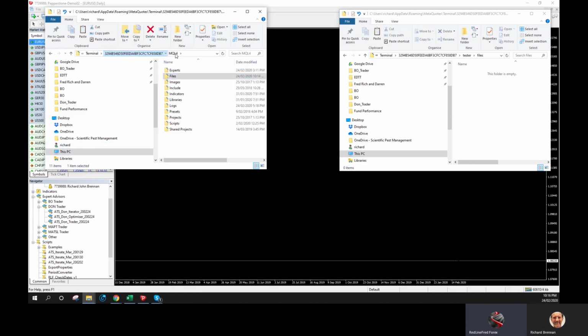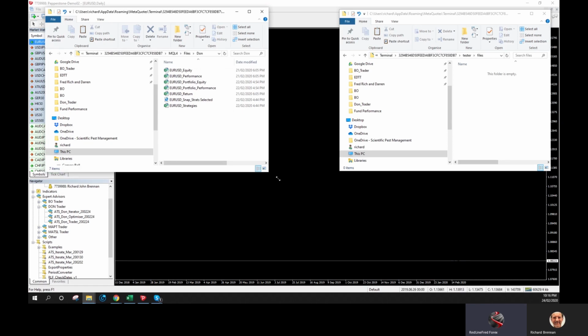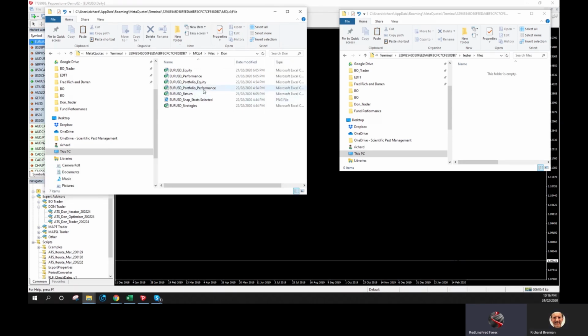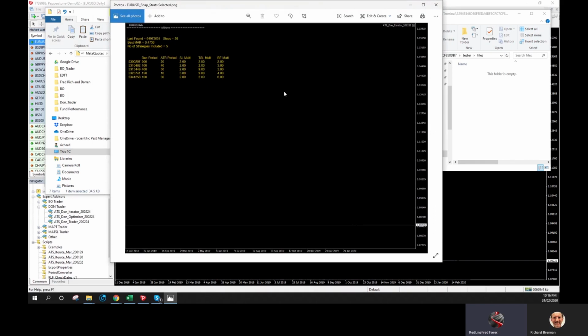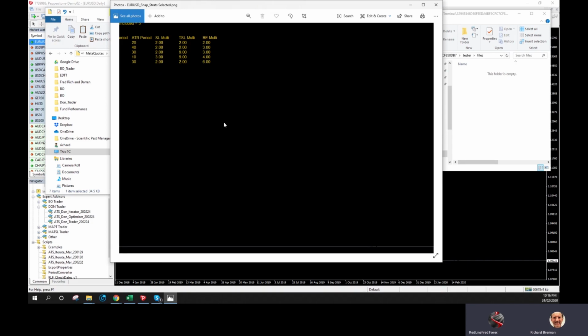So we're back in that same file structure we looked at before, and we look at the Don subdirectory, and here you'll see a few more files have been created. And the one I'm probably most interested in at the moment is the snapshot, which is a photo or a window of the final result. So if we open that up, and you can zoom in on that, Rich, see here that it's done